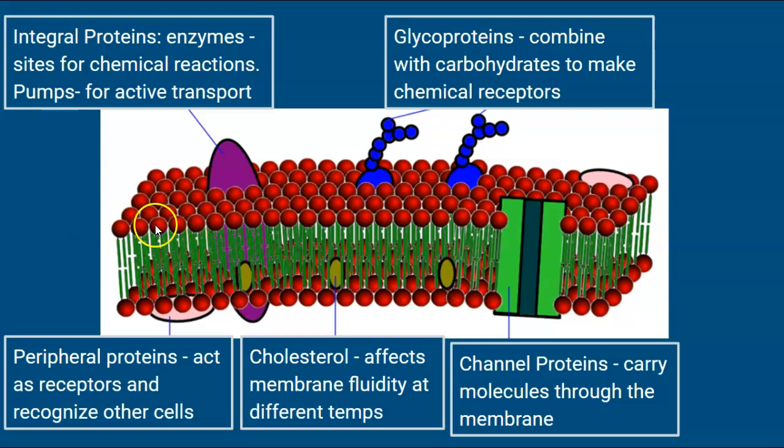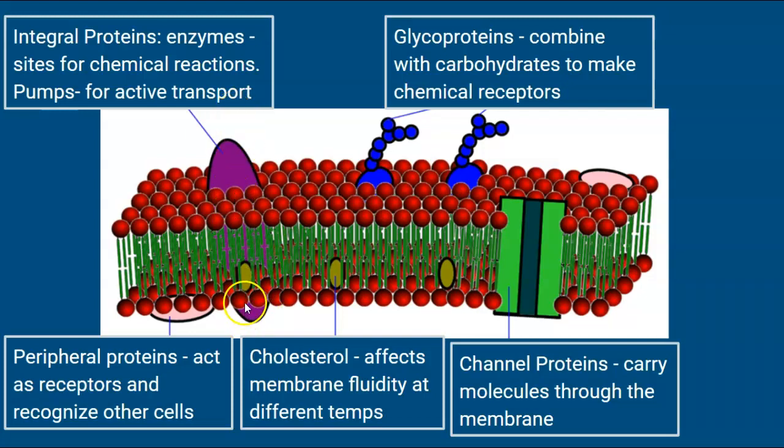So again, this is your phosphate head, your hydrocarbon tails, right? Your phosphate head is water-loving, your tails are scared of water, they don't like water, and so let's talk about all of these other things that are in a cell membrane. This purple oval, this is an integral protein. So this has enzyme sites for chemical reactions. It also has pumps within it for active transport, which allows certain molecules to come in and out of the cell. This can help with maintaining homeostasis and allowing certain ions, nutrients, whatever,